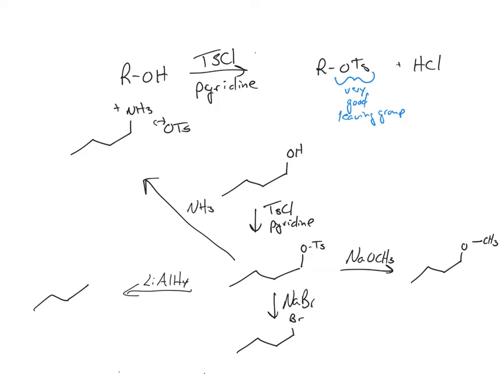Okay, so the first step is changing the alcohol to a tosylate, and then we can do a multiple substitution reaction. We can basically substitute almost anything we want onto that place of the tosylate. Okay, so that's tosylate formation and the use of